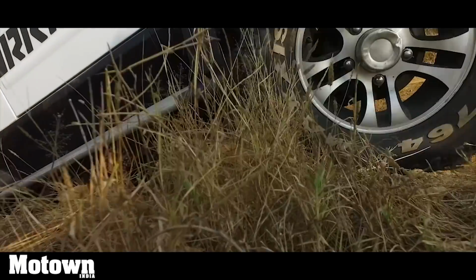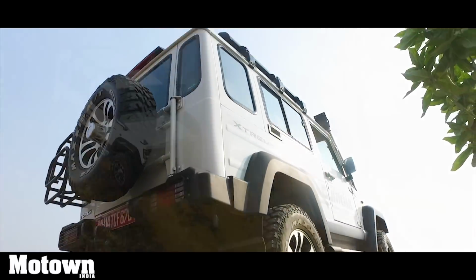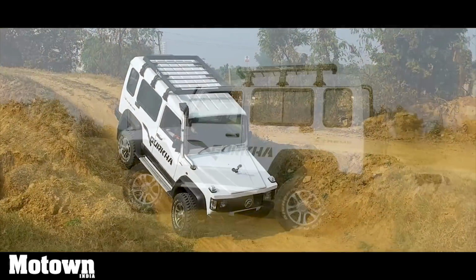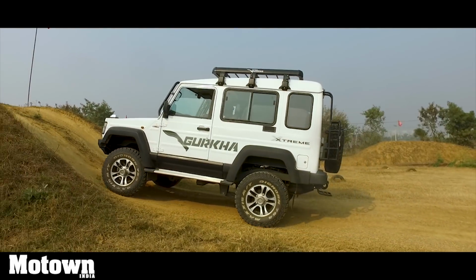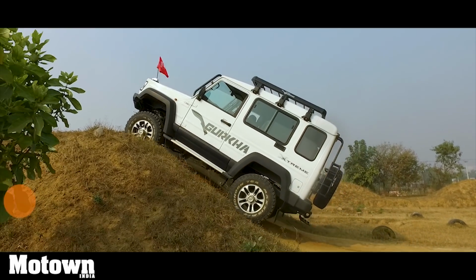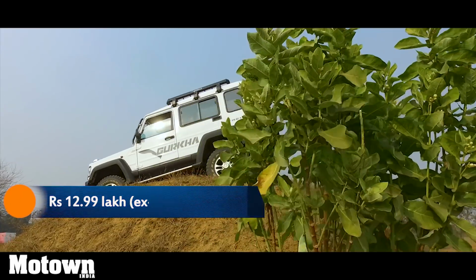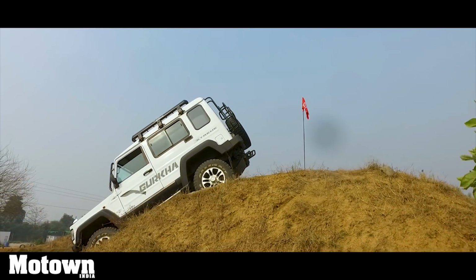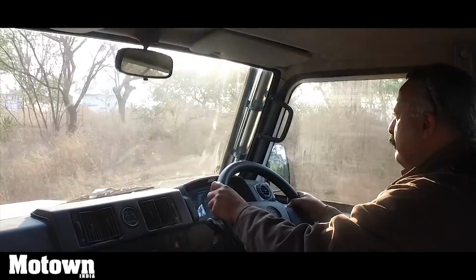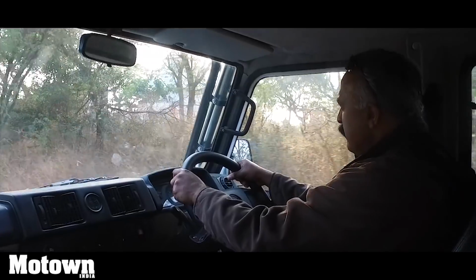Another interesting feature of this driveline is that it has inbuilt crawl and hill descent control features. In four-wheel drive mode 4L, you can crawl up a steep hill with the RPM holding steady at 1000-plus levels. Also, while coming down a steep hill, you need not use brakes. It comes down gently in the 4L mode. Of course, on city roads and plain surfaces, one should drive on two-wheel drive to get better grip and fuel